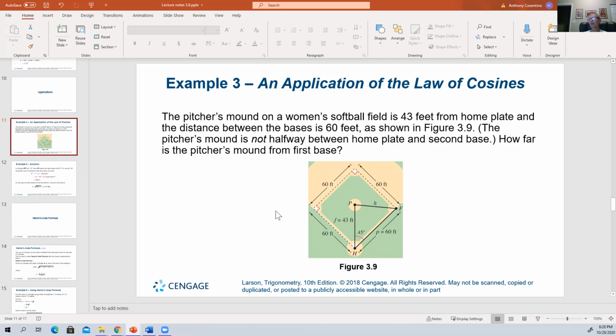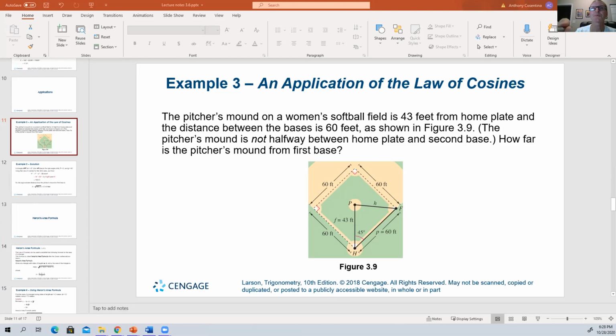And you see the angle between the line from the pitcher's mound to home plate and first base is 45 degrees. So the question is, the pitching mound is not halfway. So how far is the pitcher's mound from first base? And so what is that? That is our A value. And so if you want to set this up,